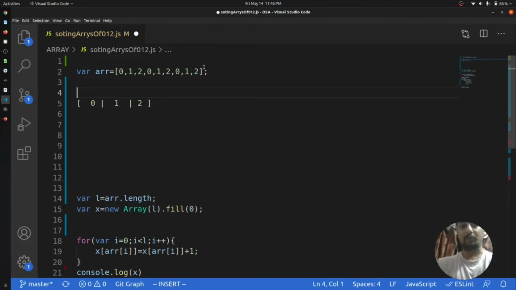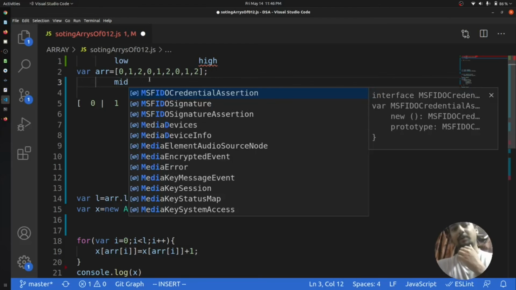So we will have a pointer at the start that will be low, a pointer at the end index that will be high, and another pointer at the start that will be mid.